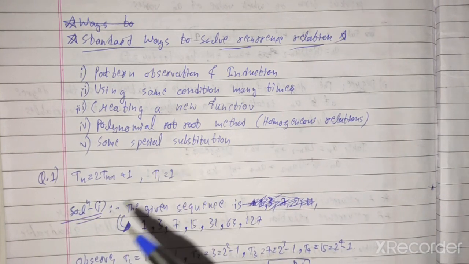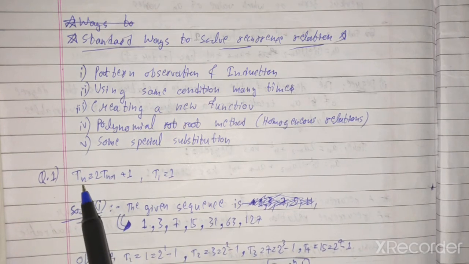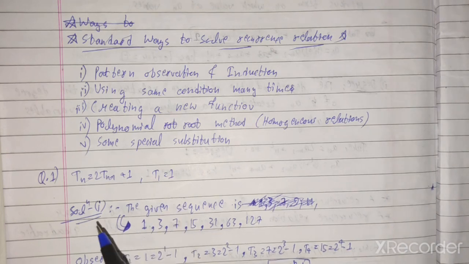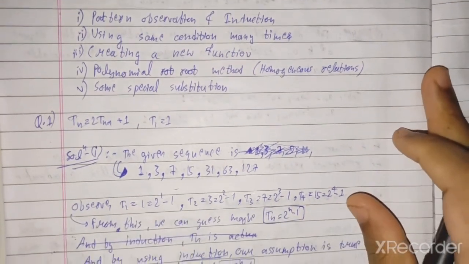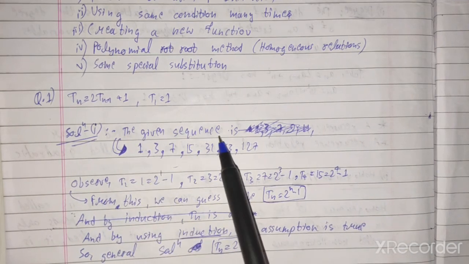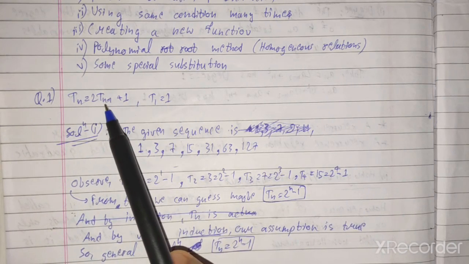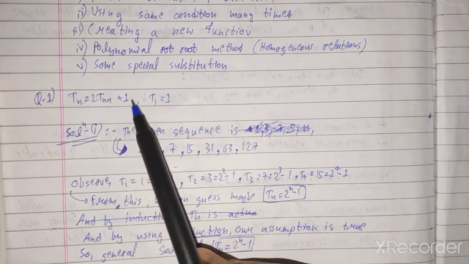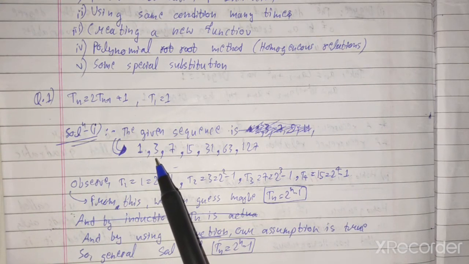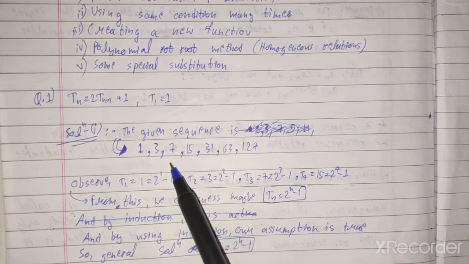Then we have some special miscellaneous substitution methods. Let's take one example. tn is equal to twice the previous term plus 1, and given t1 is equal to 1. Now in order to solve this, what we can observe is by solution first. If you put n as 1, you have been given t1 is 1. If you put the value of 2, that is 2 times the previous term 1 plus 1, which is equal to 3, and t3 will be 2 t2 plus 1, that is 2 times 3 plus 1, that is 7. Similarly the next term will be 2 times 7 plus 1, that is